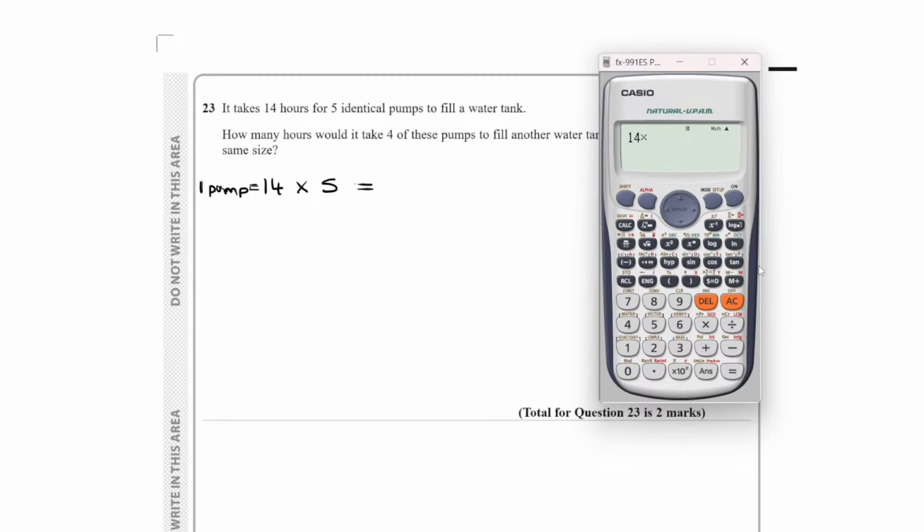What I want to do is first of all work out, okay, well, how long would it take if I only had 1 pump? Now, naturally you want to divide. You want to go 14 divided by 5 would give me 1 pump. But that would be if it was not inverse, right? If I have fewer pumps, it's going to take much longer. So it's going to take 5 times as long if I only have 1 pump, isn't it? So the first thing you just remember, just multiply the 2 numbers. So multiply 14 by 5. So that's 70. So if I only had 1 pump, it's going to take 70 hours to fill the same